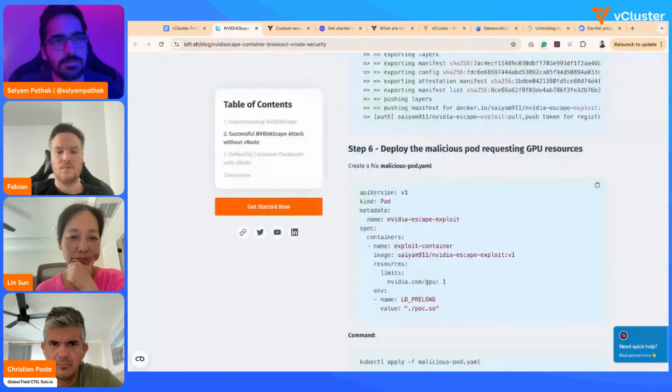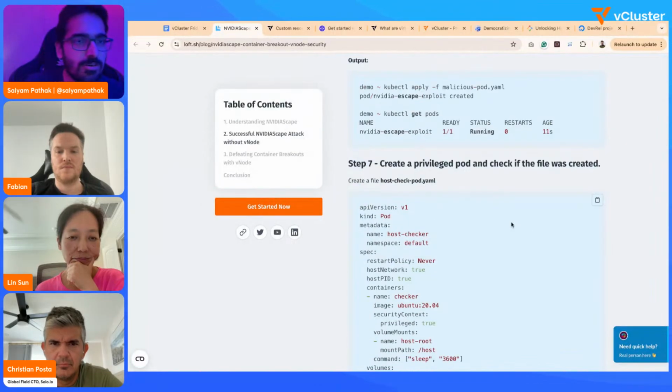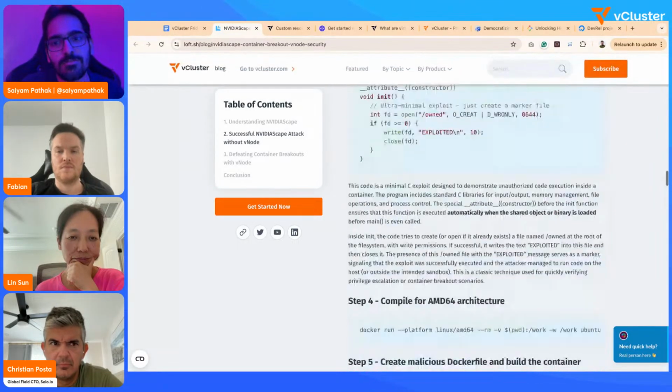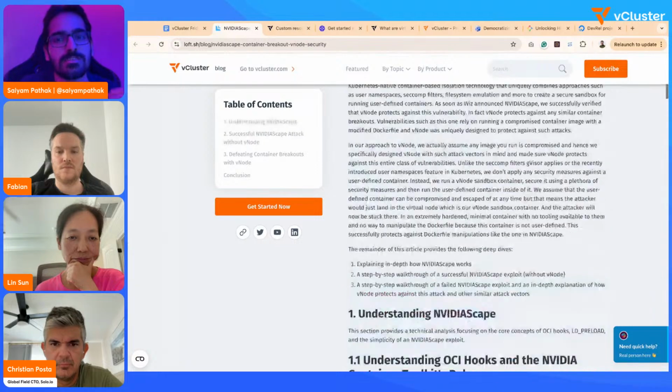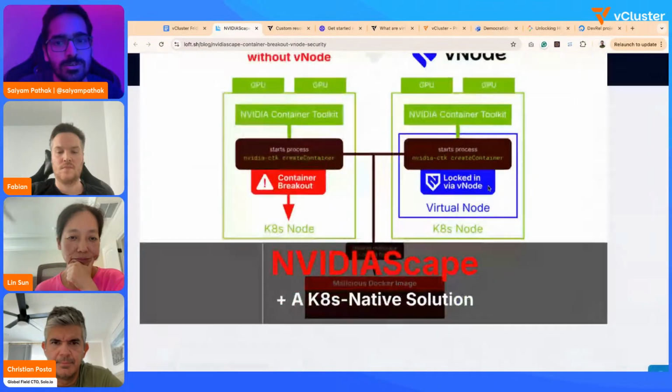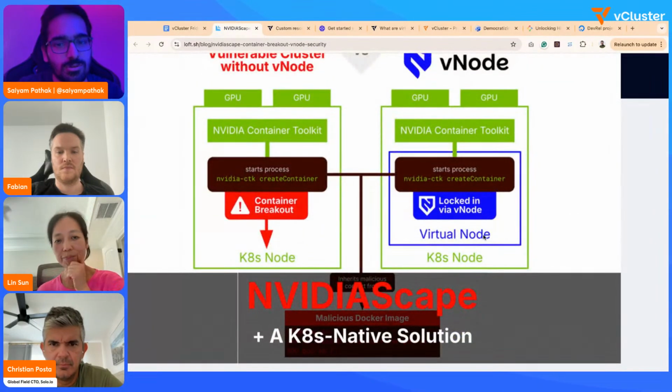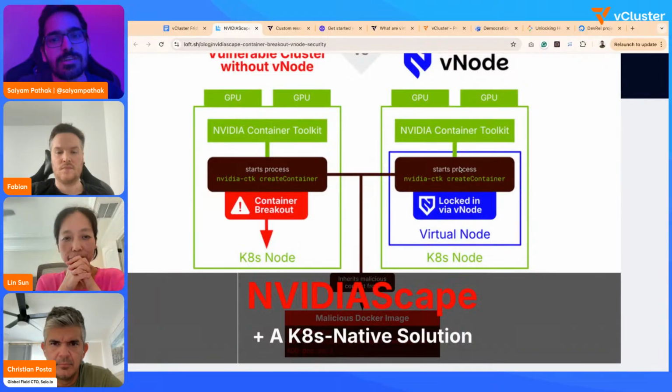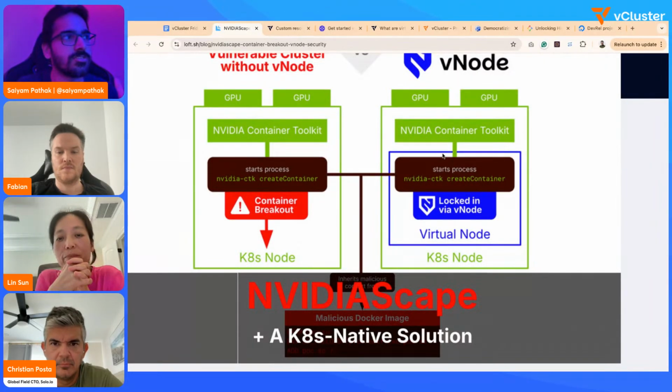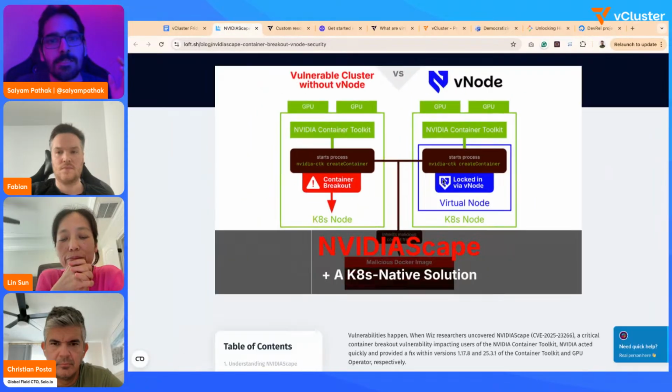This is where, like Fabian was mentioning, we have a product called vNode that lets you run this inside the virtual node. So even if you break out of the container, you never reach the host GPU. You only reach the boundaries of the virtual node. I dropped the video today.